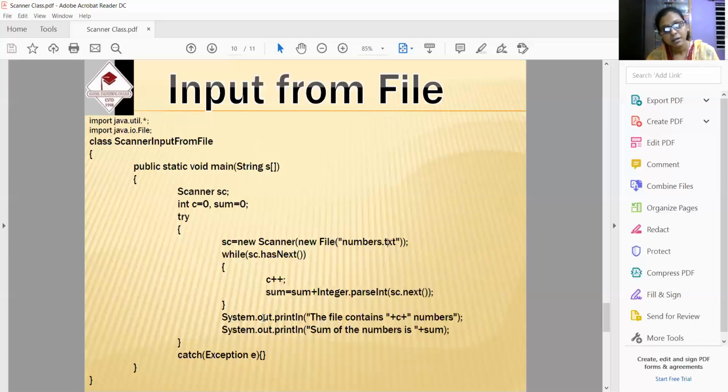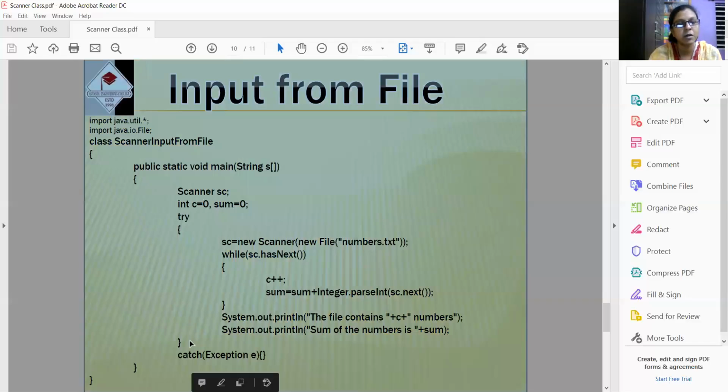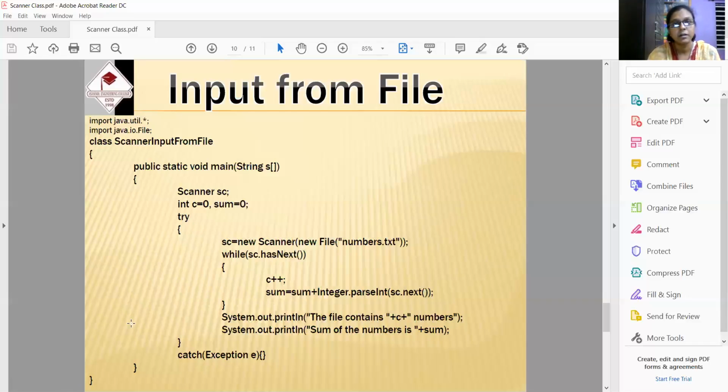But if a checked exception is thrown, it cannot be handled by the default handler. So exception handling code must be provided. That means the exception prone code must be written within try, and just after the try block, the catch must be given, so that it is caught by the catch statement. And of course, the exception must be handled.